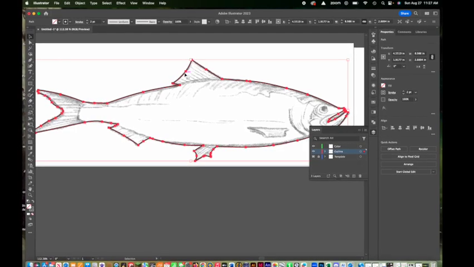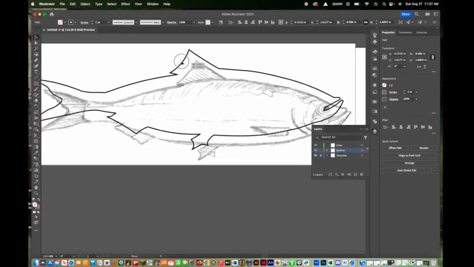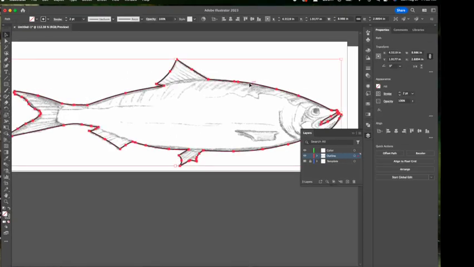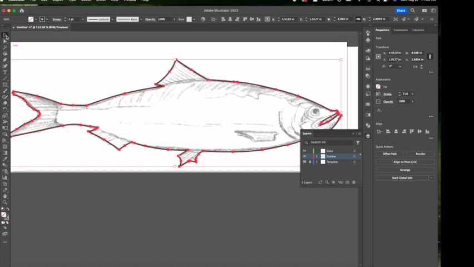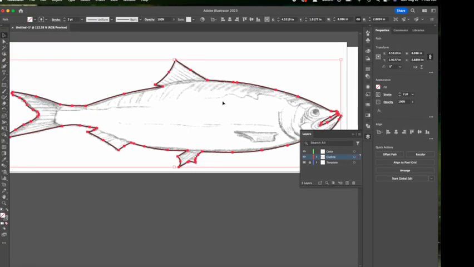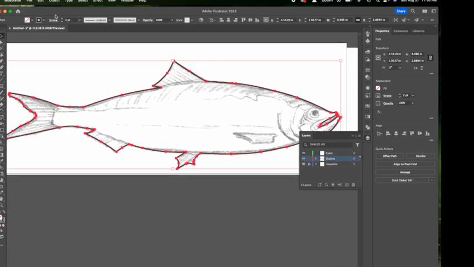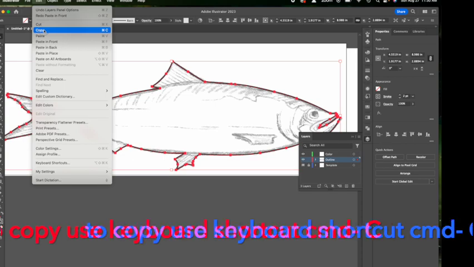If you were to drag it, you'd see it. See right here, we have this new shape we created. So we're going to take this and click on this line because that's our path. And using the black selection tool, the V tool, we're then going to make a copy by going Edit, Copy,